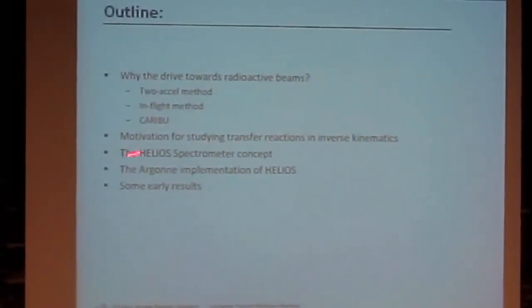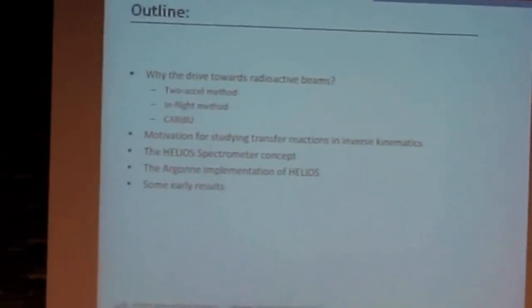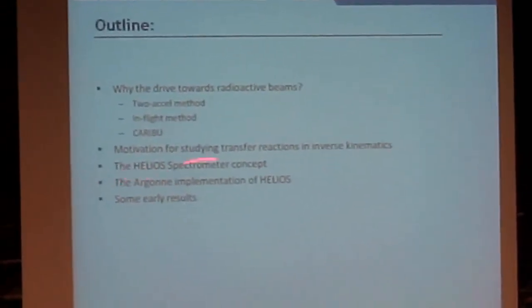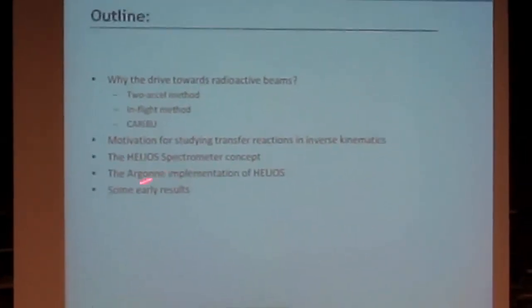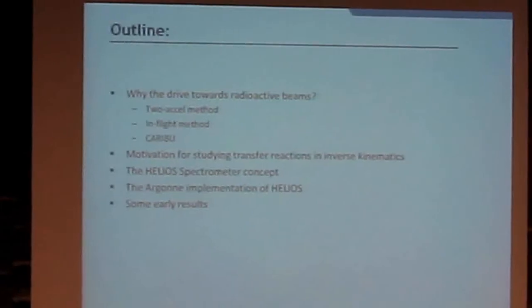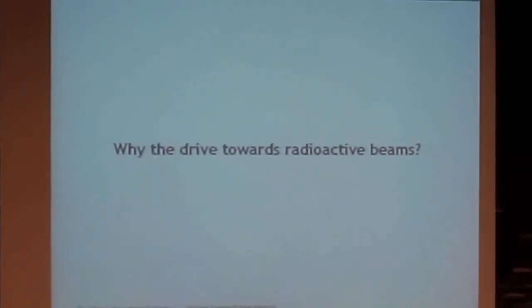Then I'll turn around and talk about transfer reactions and what the motivations are for looking at those. And with radioactive beams, you have to do that in inverse kinematics, so I'll discuss that a little bit. And then we come up to talk about the spectrometer that we are jointly working on and how it's being implemented at Argonne. And I will show some early results. I'm not going to go a lot into the physics. It is still coming out. And in any case, I think Alan can give you a much better representation of many of these